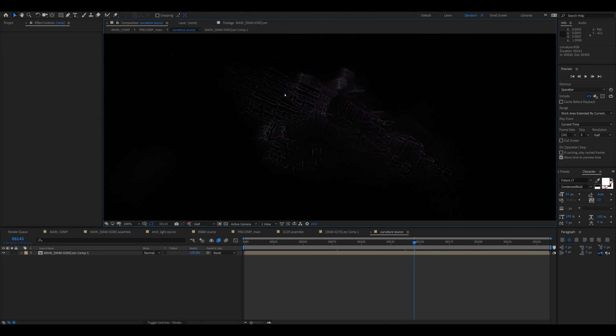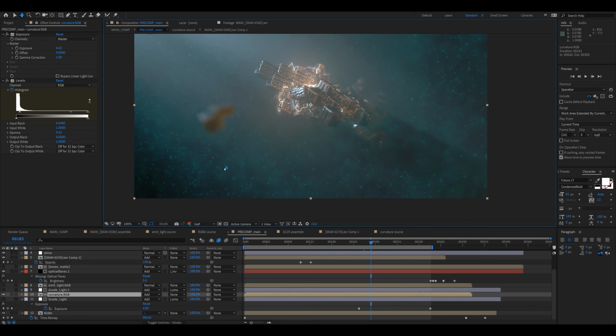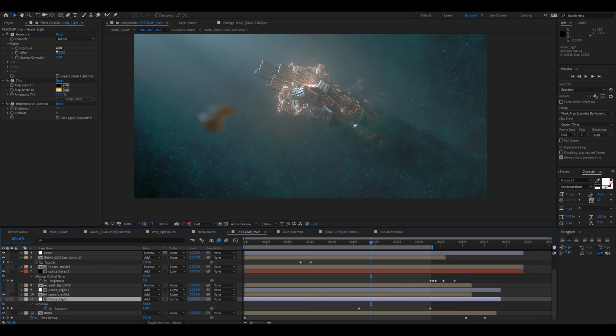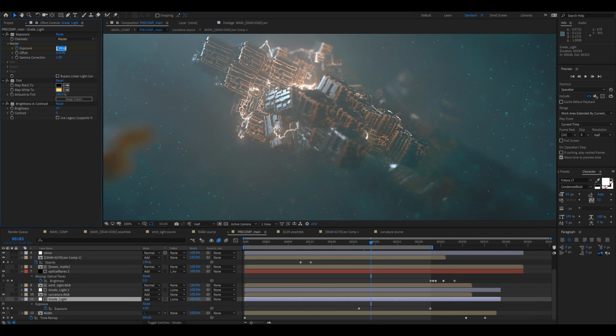Where they are more together, this will be brighter, and this is then used in the composite to crank up, for example, the exposure of the light. So let's say if I put this to like 20,